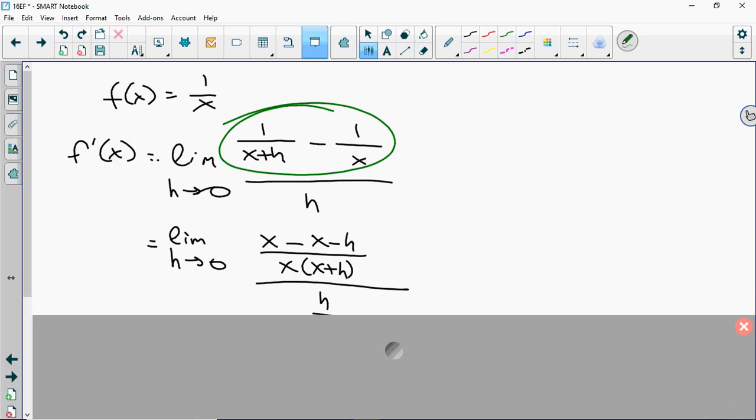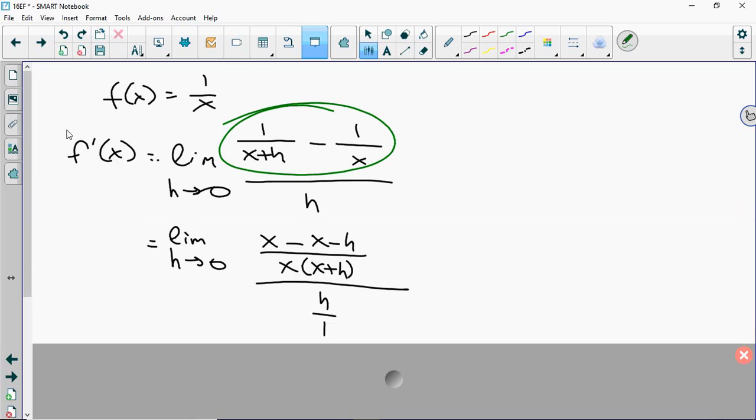So we're there. But that h in the denominator is really h over 1. And so now we can simplify some things, because those are going to cancel. And now when I multiply by the reciprocal of that, then that h is going to cancel with that h. This h here is going to just become a 0, leaving me with